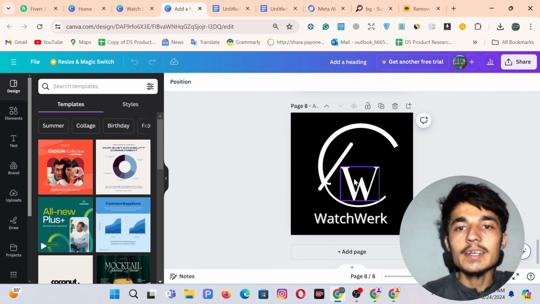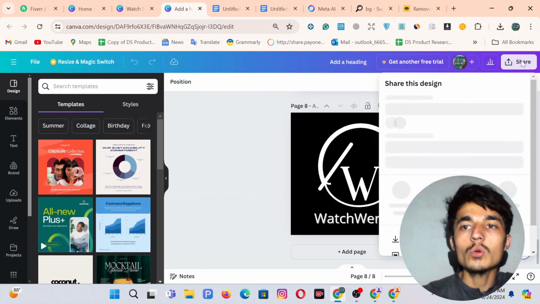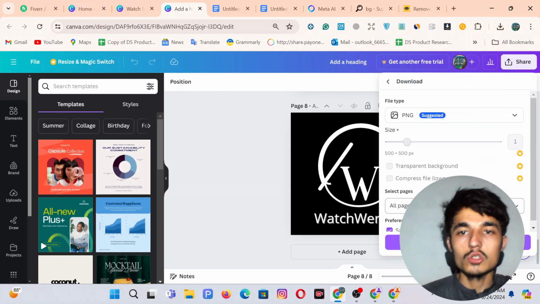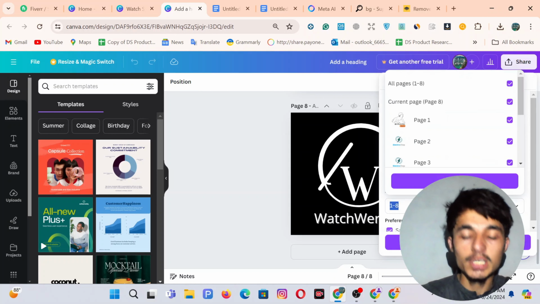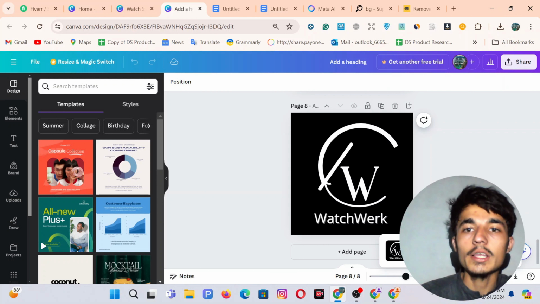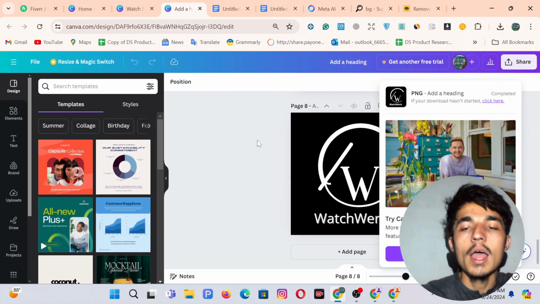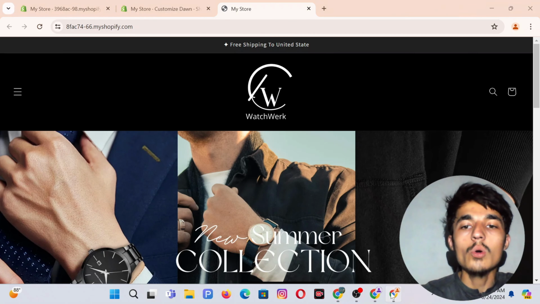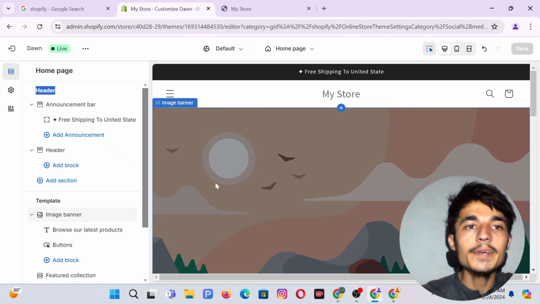So I created this logo, and now I have to click on the share option and download this logo. So here you can see the page is 8, so I have to click on the download option. And now once you create and download your logo, you have to come to your store again, and now this time you have to click on